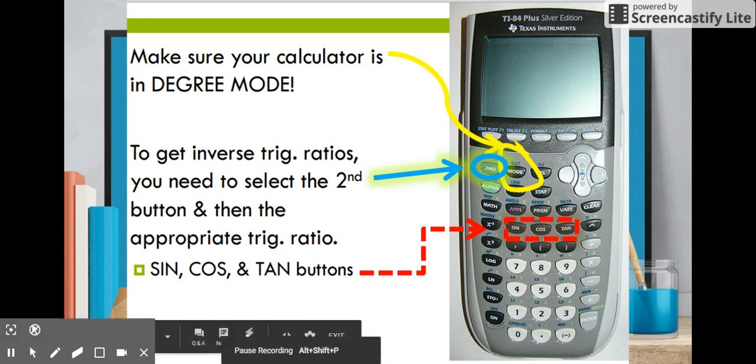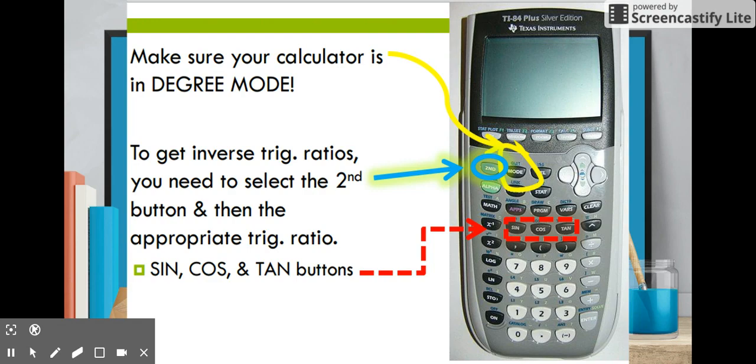So that's just a brief introduction into inverse trig ratios. In your next video, you're going to see some examples about how to